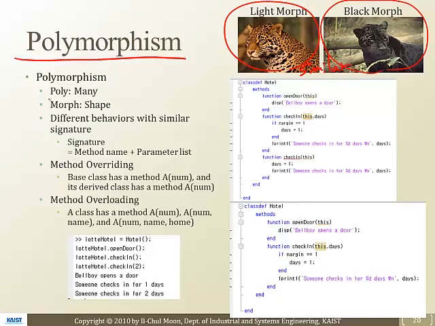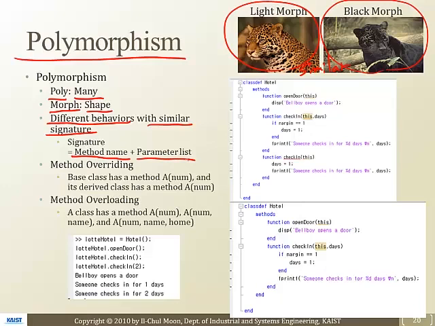Polymorphism means poly, many, and morph, shape. And in programming, polymorphism means different behaviors with similar signatures. Here, signature means the method's name and the parameter list.